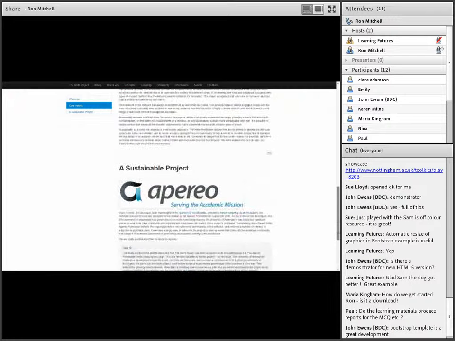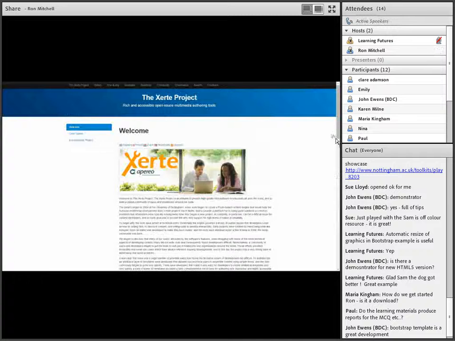And there's some information about the Apereo. What's quite easy to miss with the Bootstrap template is that there's a whole load of pages in this resource, and they will appear either as a set of links that you can read up the top, as we're seeing here, history, how and why, examples, and so on, or as a little collapsed panel if you're viewing on a mobile device. So you'll see a little square panel that when you click it will expand and show you the menu options. So don't miss that.